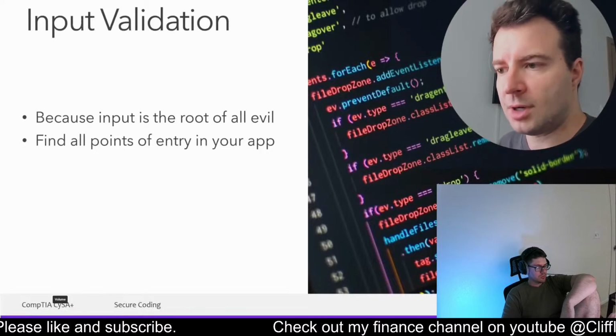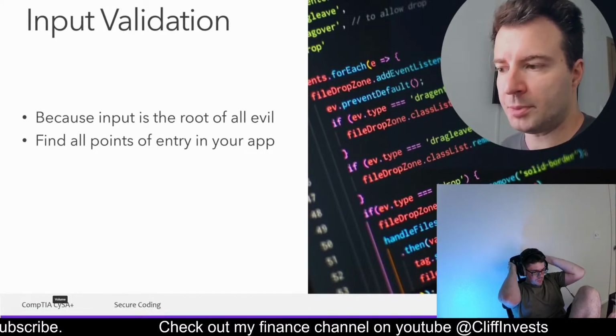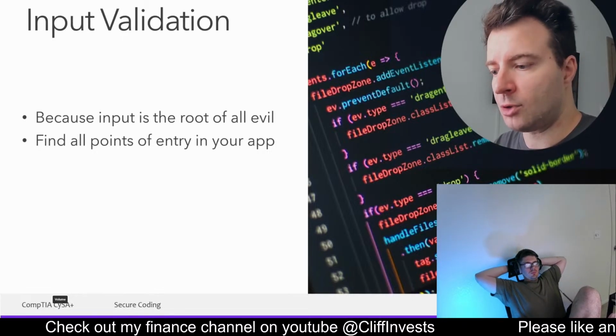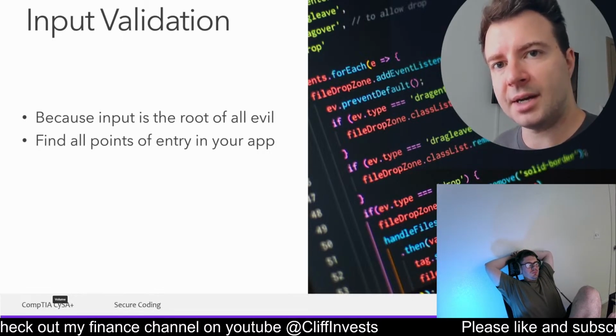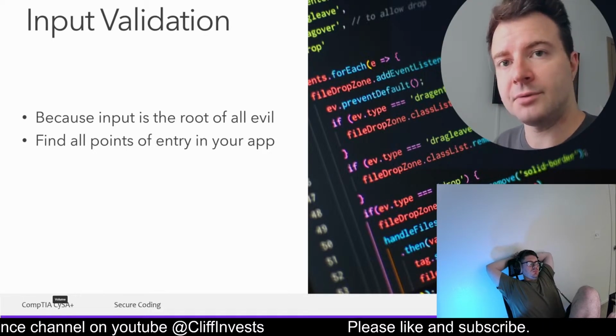And it's so much to cover simply because most applications have multiple points of entry. They have multiple interfaces with the outside world that accept input from your users. And it's very important to decide what are all the potential inputs to your application. Yeah, you can have users